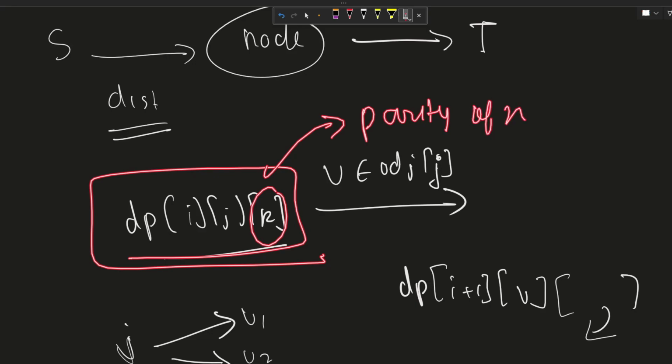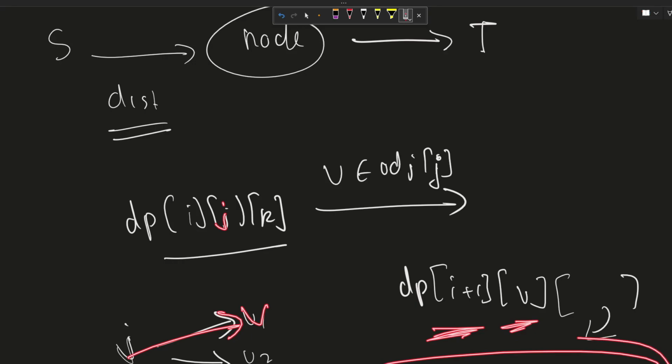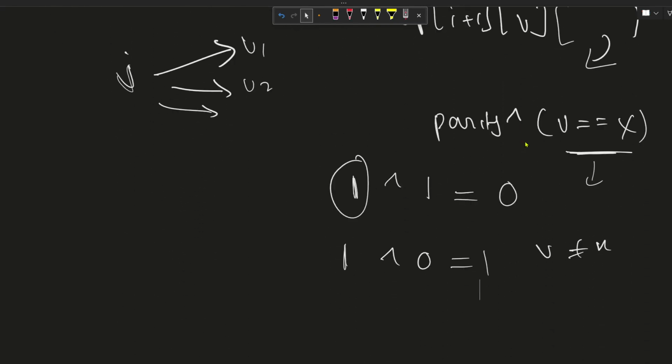And here j was, we have reached from s to j, and now we need to go till here, to t. And the distance to reach from s to j is stored in i, right? And so now we have moved one step ahead, so the distance increases by 1. And now instead of j, we have reached v, right? So again this, and we just update the parity. So this is quite a simple code, a basic DFS, and we can just store it in a DP array